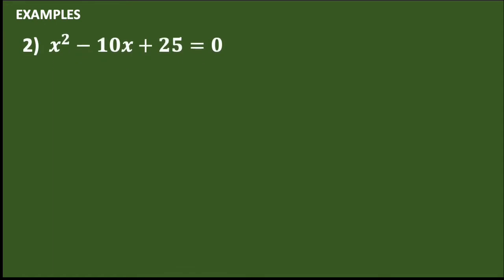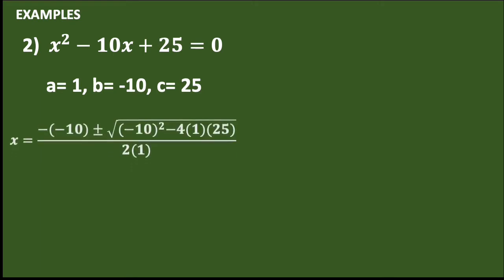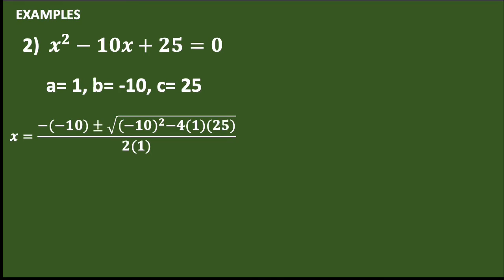Let us have the second example. We have x squared minus 10x plus 25 equals 0. Again, using the quadratic formula, identify the values of a, b, and c. A is equal to 1, b is equal to negative 10, c is equal to 25. Using the quadratic formula, and let us substitute,